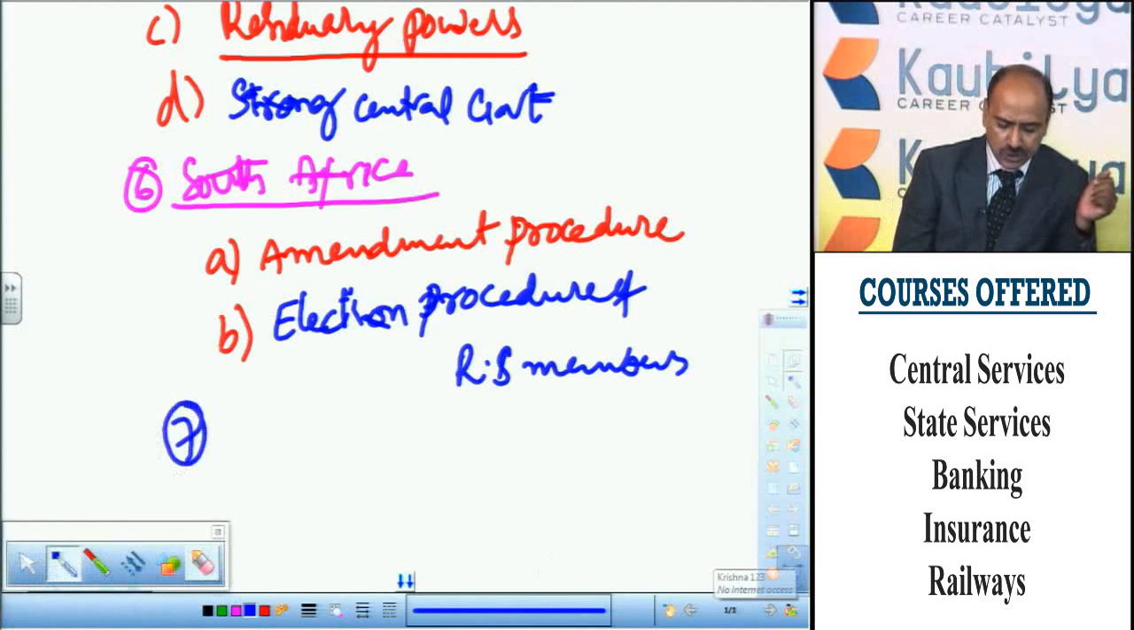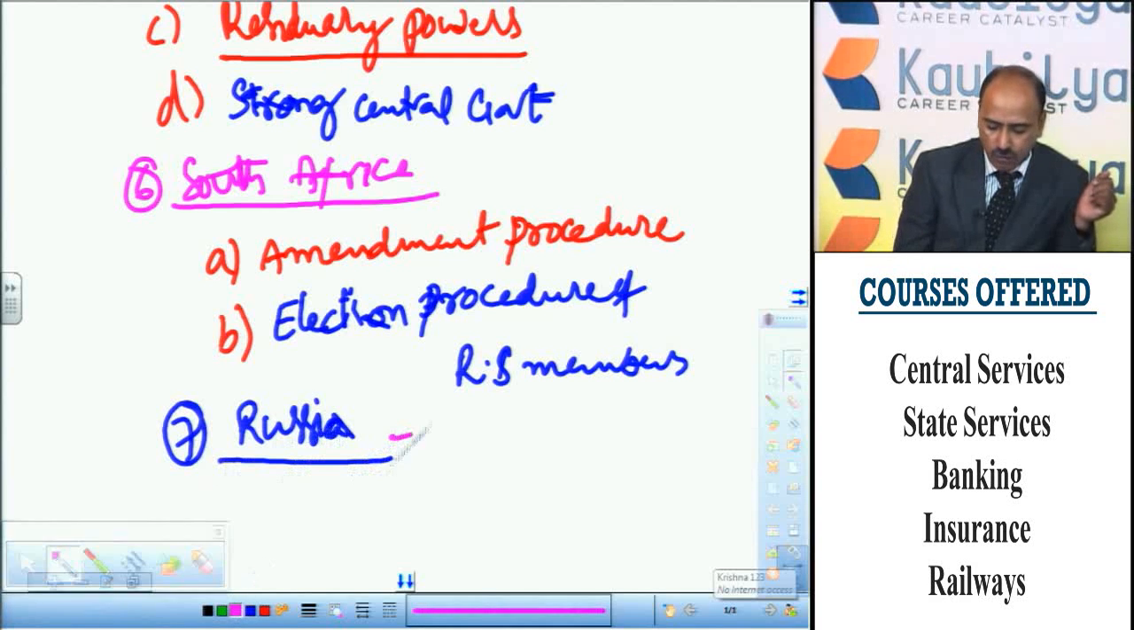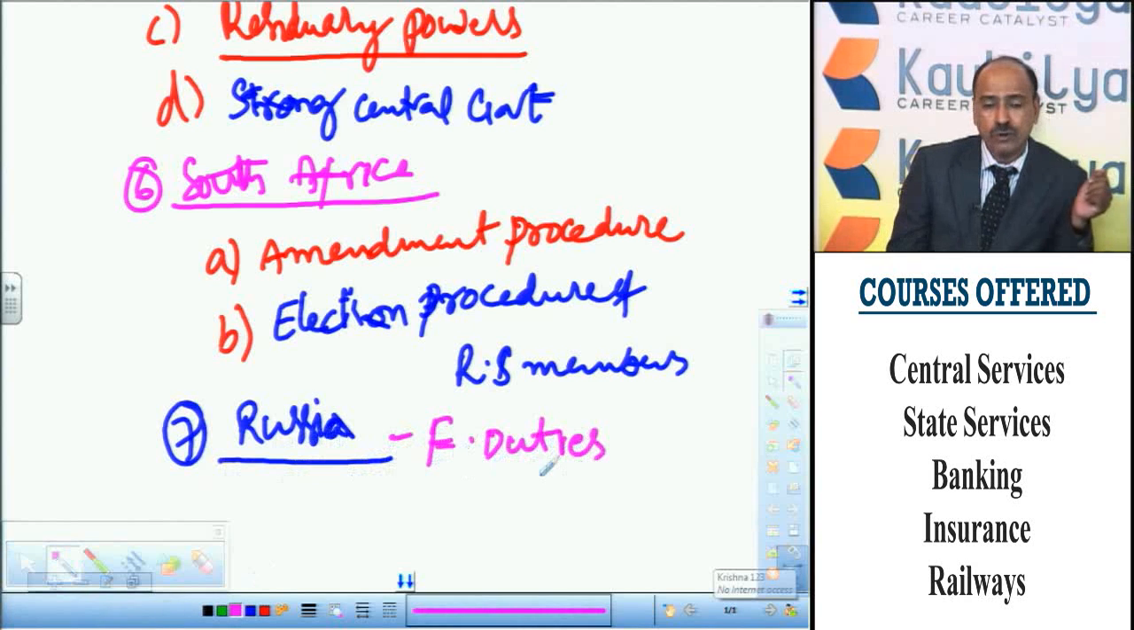Next, the seventh source is Russia, or the former Soviet Union, because when we borrowed, the Soviet Union was there. The only concept we borrowed is fundamental duties. But basically there were no duties in our constitution. We don't have any fundamental duties in the basic constitution. Later we borrowed fundamental duties from Russia, and we mentioned them in our constitution